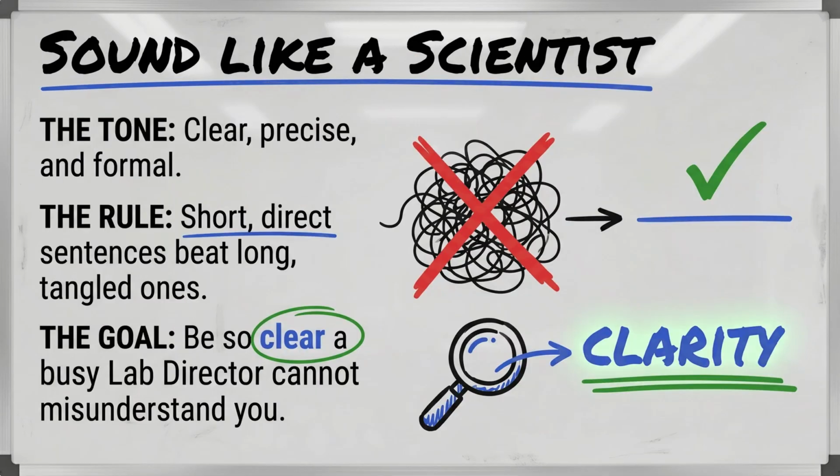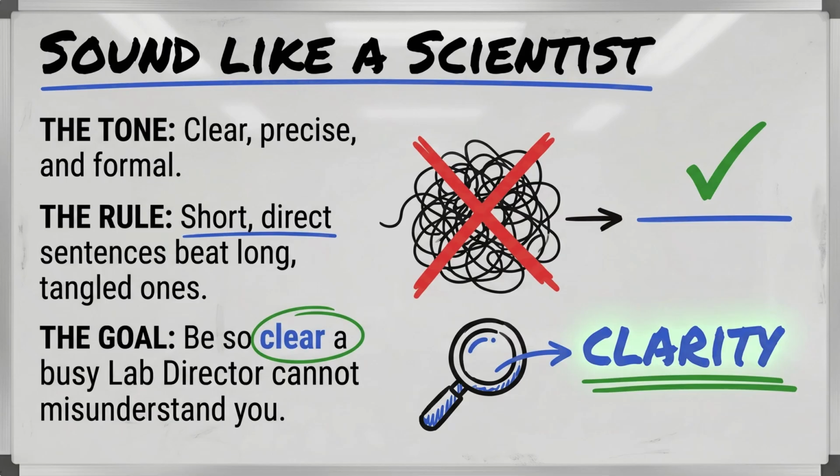To truly synthesize effectively, you need to sound like a scientist, which means adopting a specific voice and perspective in your writing. This isn't about using jargon for its own sake, but about precision, objectivity, and a focus on evidence-based reasoning. Your proposal should reflect a scholarly tone, using clear and concise language to convey complex ideas. This scientific voice will carry directly into your poster presentation, ensuring your message is credible and impactful. It's about communicating your research with authority and clarity, preparing you for how you'll present your findings to a broader scientific community.